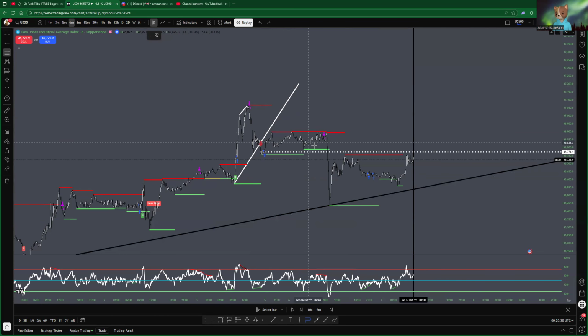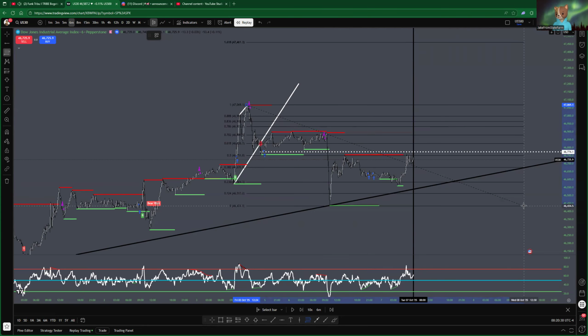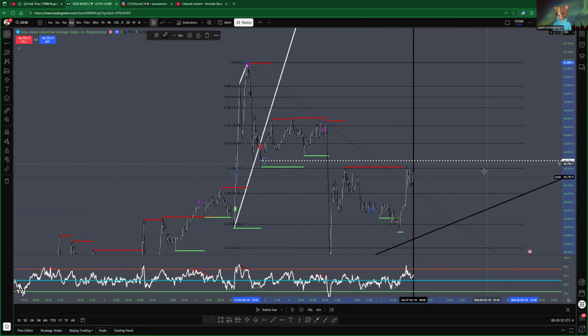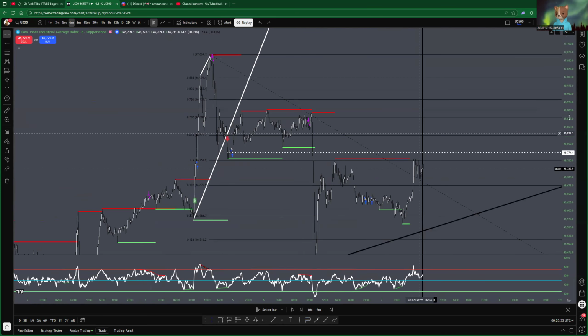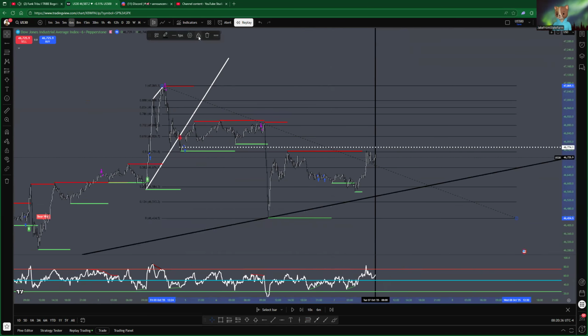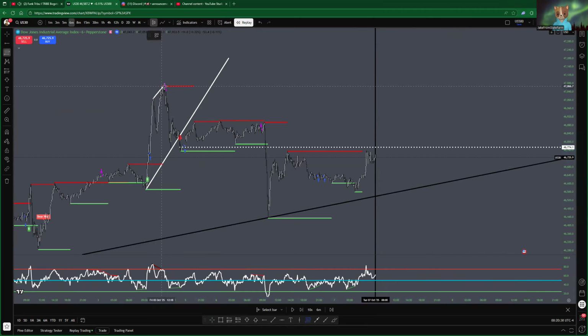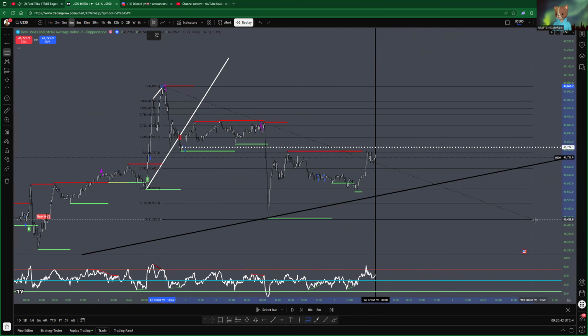Actually, since it sold for my last day and it went downward, it's making lower highs and lower lows. Let's go ahead and draw our Fibonacci retracement tool. Our Fibonacci retracement tool is going to be drawn in reverse, because we're looking for a sell opportunity, not for a buy.